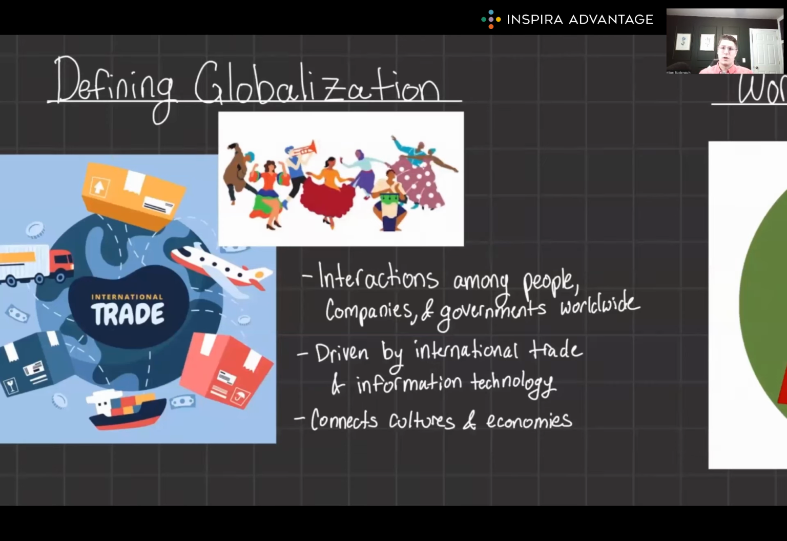Well, globalization refers to the process of interaction and integration among people, companies, and governments worldwide, driven by international trade and aided by information technology. It results in a single world market where communication technologies minimize distances and economic interdependence grows, allowing operations across borders. The essence of globalization lies in its ability to connect diverse cultures and economies, making the world more accessible than